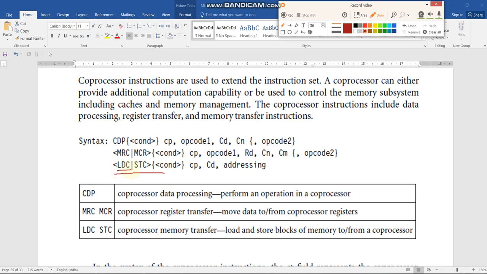LDC loads the data to the coprocessor register from this memory location, which belongs to the ARM memory. From this ARM memory location, the data is loaded into the coprocessor register.